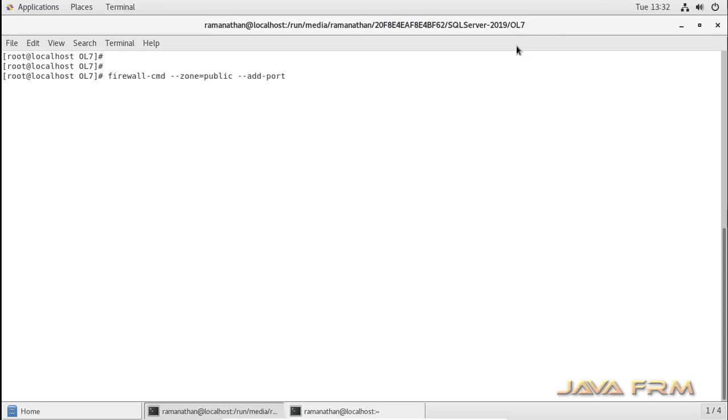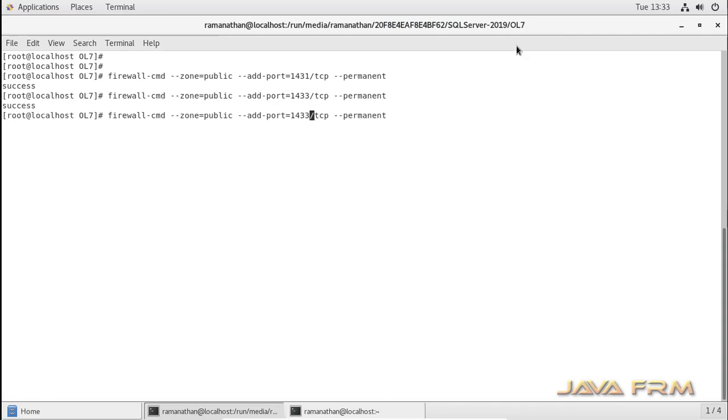So firewall-cmd, zone is public, and add port 1433/TCP, permanent. This is the command used to unblock the SQL Server 2019 port, so that I can access SQL Server 2019 outside this box using the IP address.